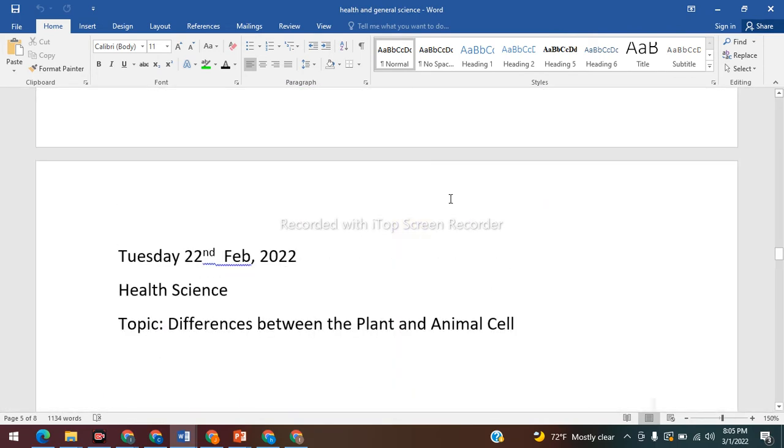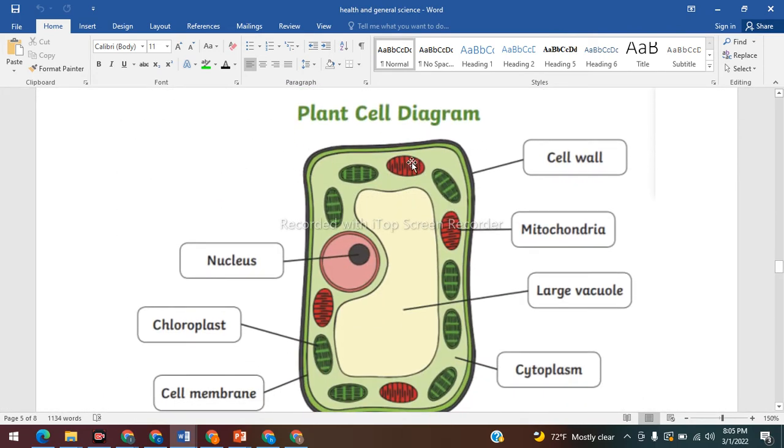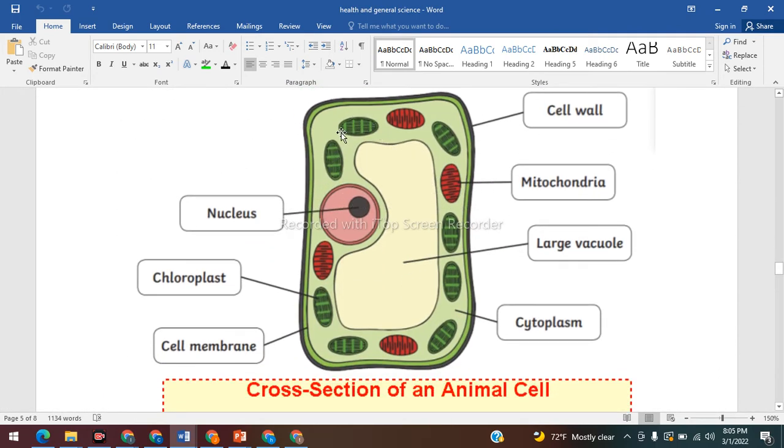So this is the plant cell. The green is for the chloroplast, right? And we know that inside the chloroplast is a green pigment called chlorophyll, and also inside the chloroplast is where photosynthesis is going to be taking place. Now here is the cytoplasm, and if you notice, the plant cell has a very large vacuole and has a cell wall and it's rigid in shape.